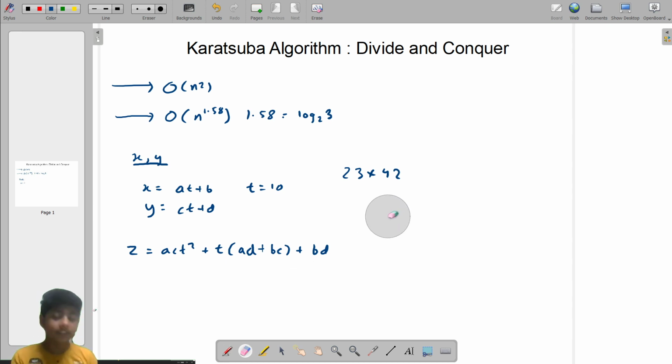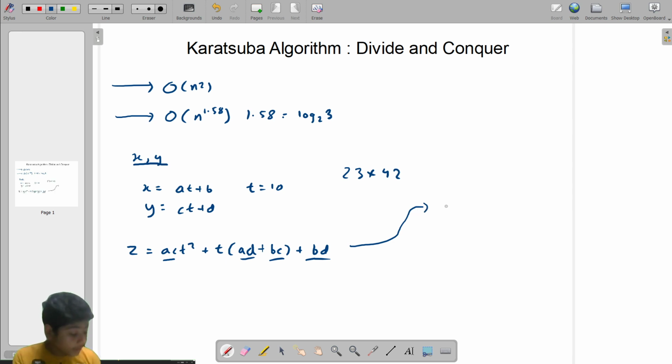So what is the moral, what can we understand, by doing this, what have we achieved? We can say that to multiply two numbers, I would first split each into two parts, a and b. And I would multiply these parts instead of multiplying x and y. Now you may consider that after splitting it into two, we needed to perform four operations. Now instead of four operations, these operations could be minimized.